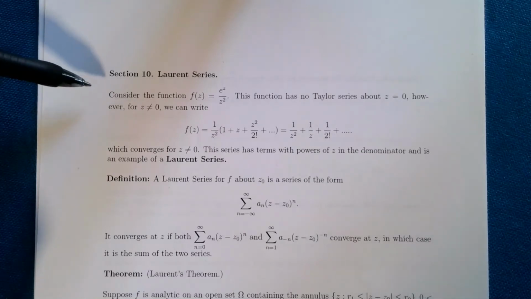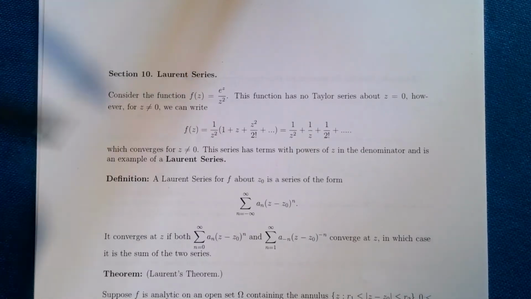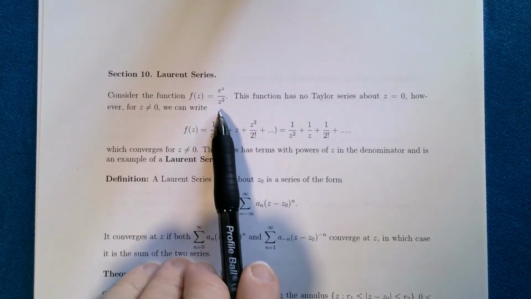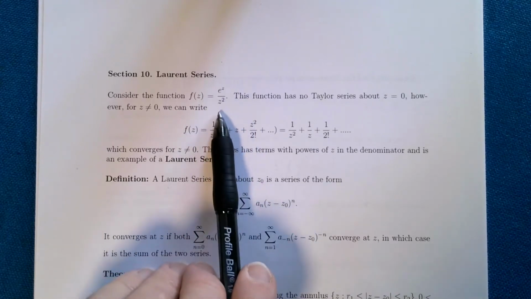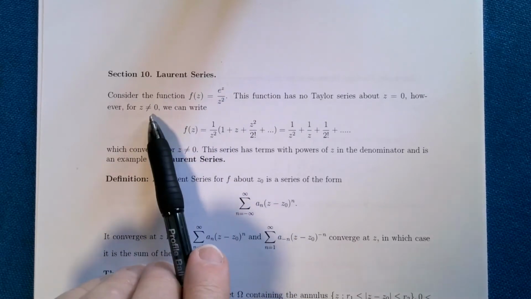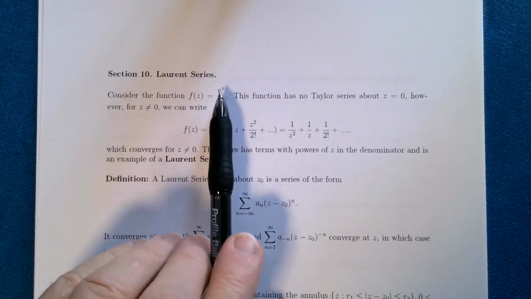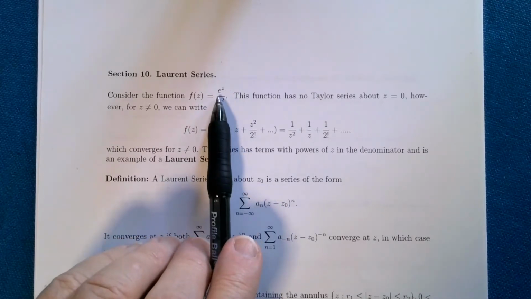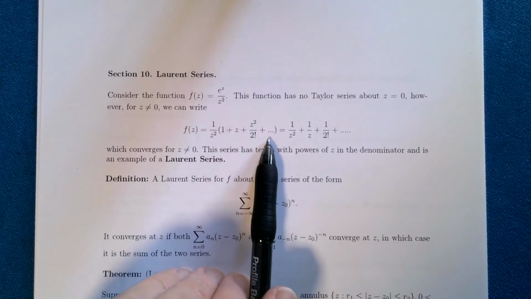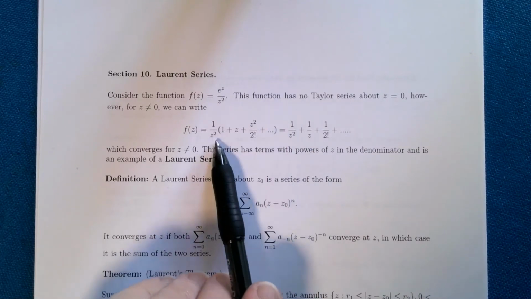To motivate it, I just start off with a very simple function. f(z) is e to the z on z squared, and clearly you can't get a Taylor series for this about z equals 0 because f(0) is not defined. However, if we pretend to take z not to be 0 for the moment, and just look at the e to the z on the top, then I can expand e to the z out as a Taylor series, and there it is. And then I can divide the 1 on z squared in, and I end up with a new sort of series,